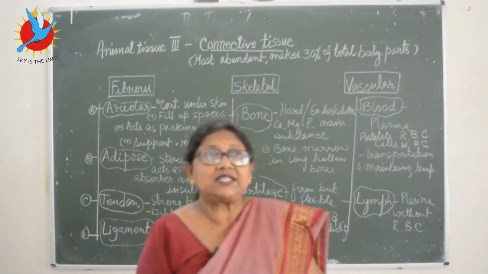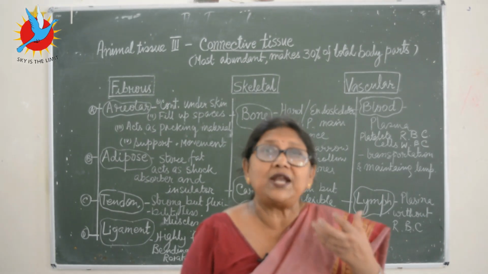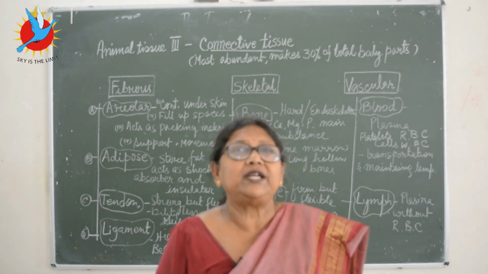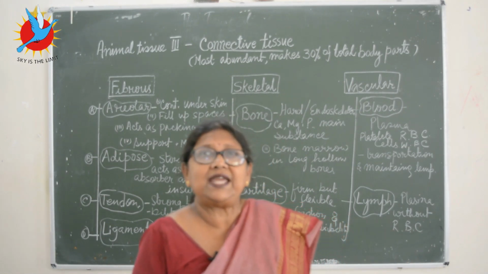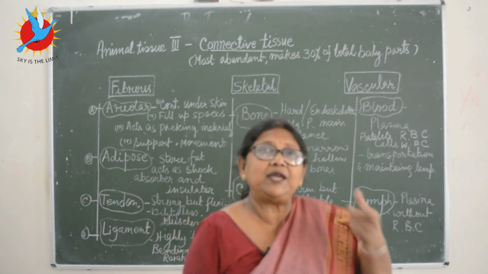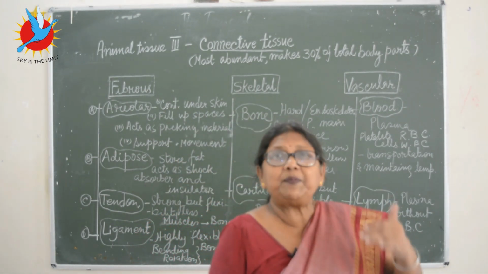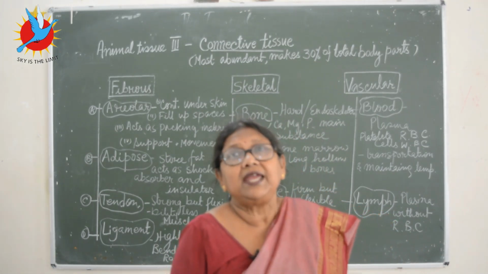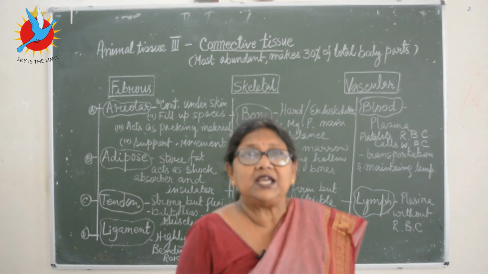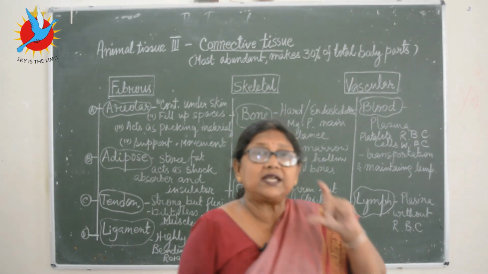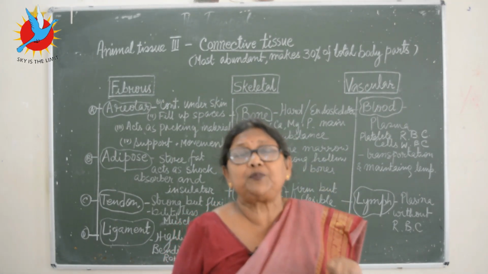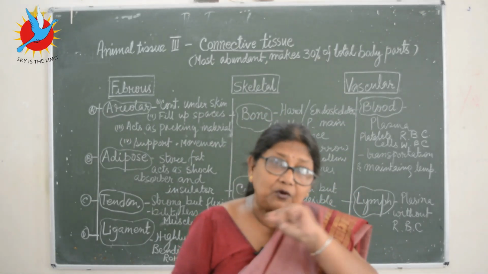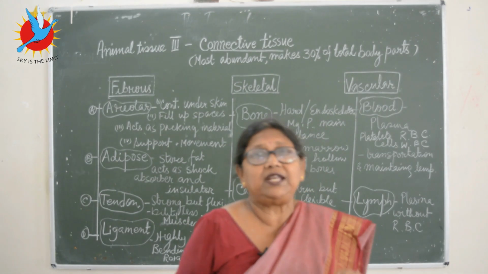Each one has got its own function. Red blood cells contain one iron-rich pigment that's called hemoglobin. Have you heard of the word? When we go for the blood test, doctors count whether the hemoglobin is right or not. If any person has less hemoglobin, he or she is called anemic, meaning less blood. So what is this hemoglobin? It's a very important iron-rich pigment, and this hemoglobin transports oxygen to each and every living cell of the body.